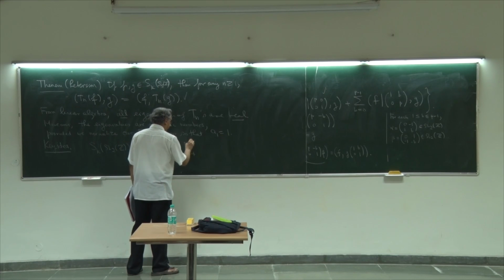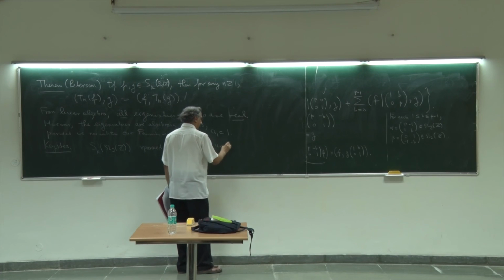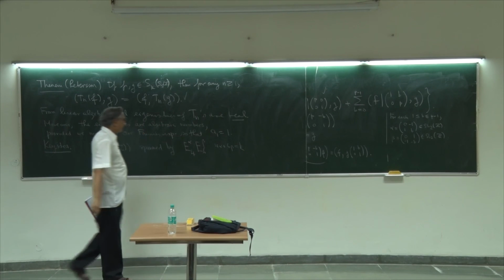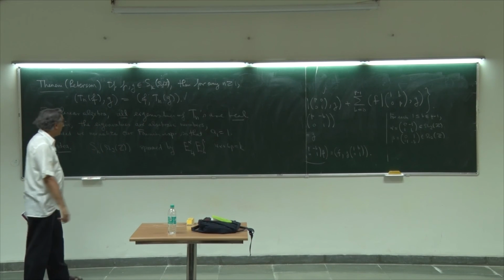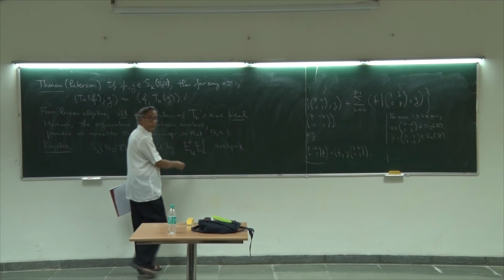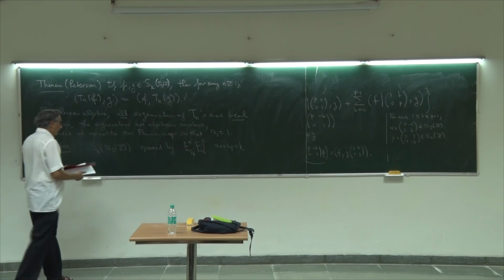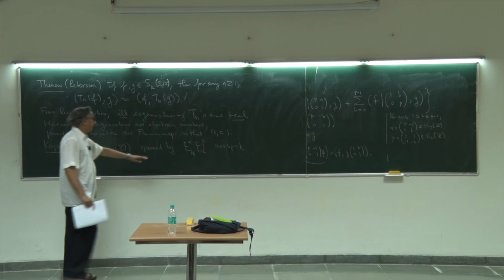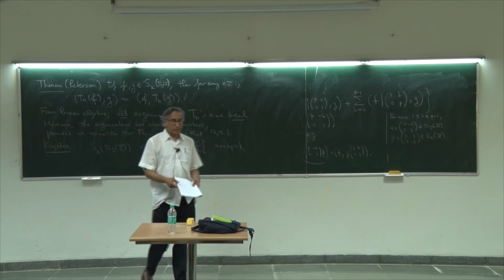By these things, E4 to the alpha, E6 to the beta, with 4 alpha plus 6 beta equals k, right? This is that. And E4 and E6 have integer coefficients, so everything's got integer coefficients. So we got a basis with integer coefficients here. And therefore, since I have a basis of modular forms with integer coefficients, you know what we mean by